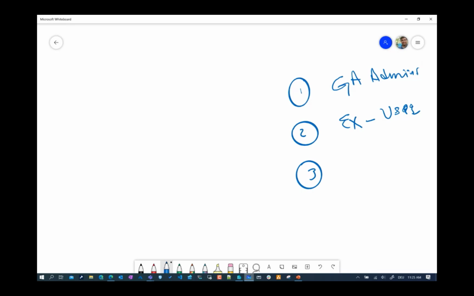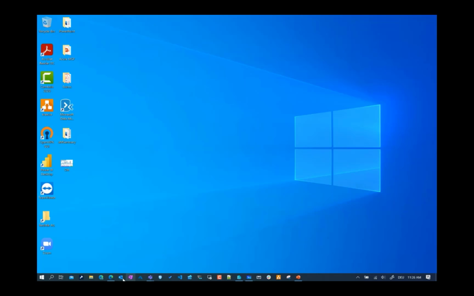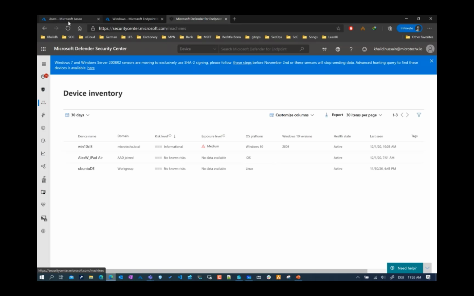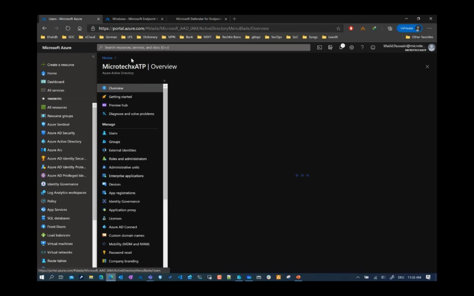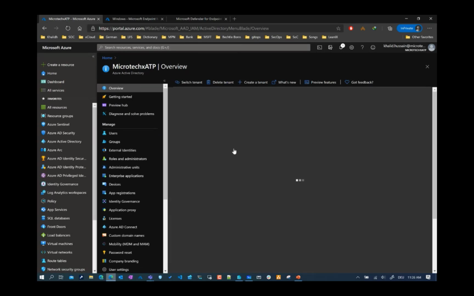Number three, you can exclude, let's say, guest users also. So you can create 3 groups dedicatedly, and let's jump into the portal and we can look at what we can define and how we can protect that. So number 1,